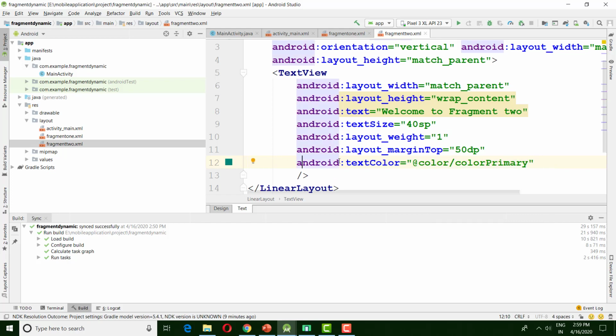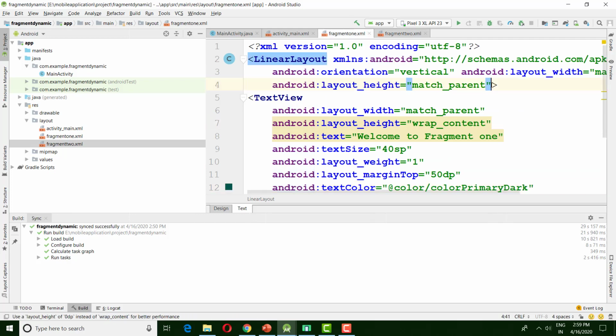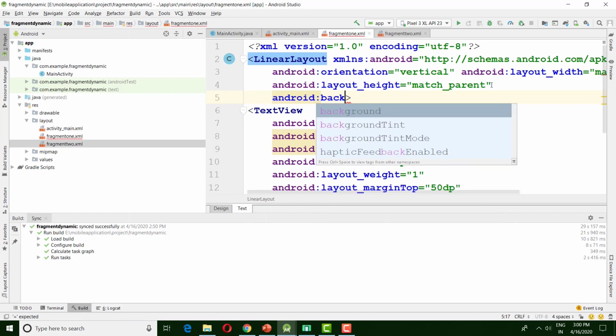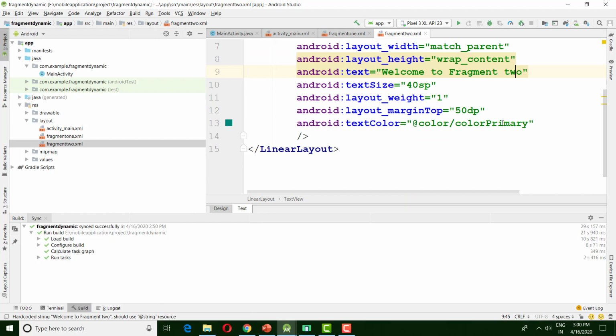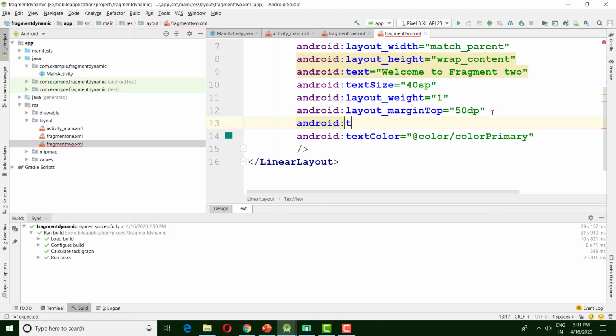So this is a light color. Okay, now define the background color of the fragment. Background, define it in black color. Here also set the android text style, that is italic. Now the layout files are done.